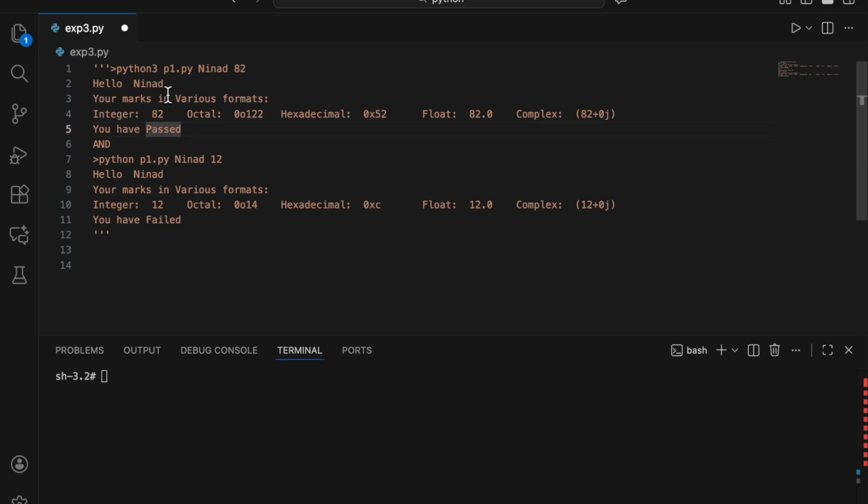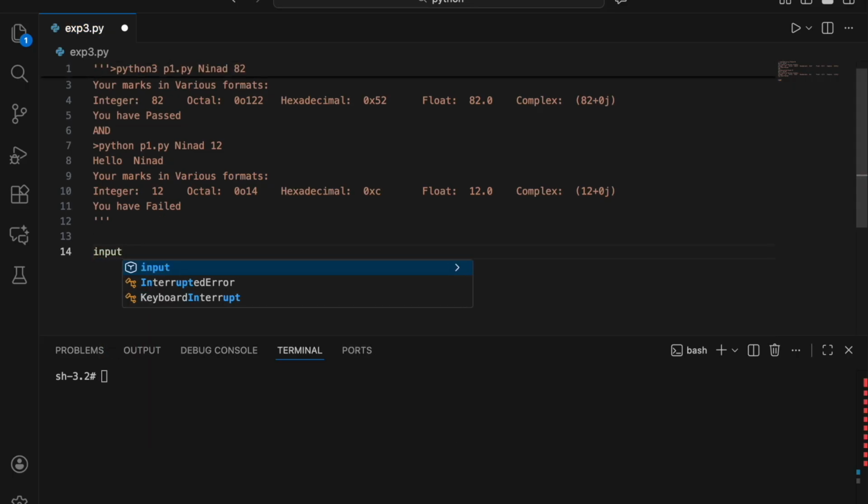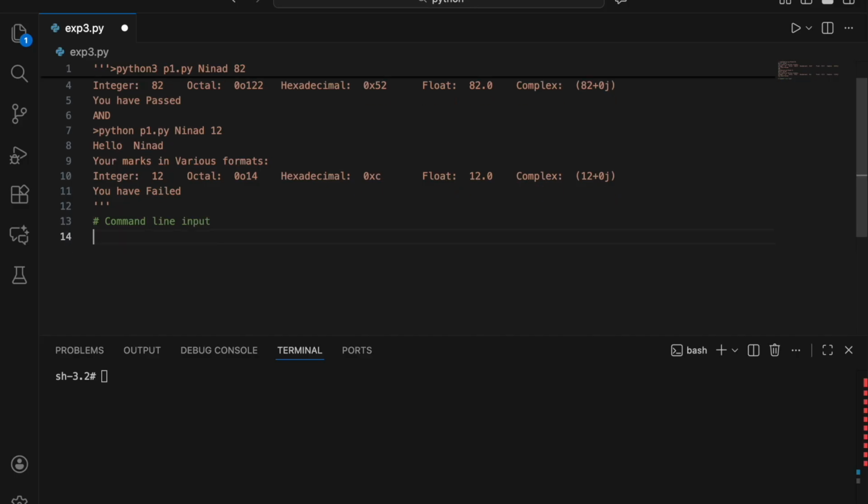But there's a catch over here. Since I said it's from the command line, the input that we get is from the command line. Previously, we used the input function. Now here we are not going to use this input function. What we are going to do is take command line input. What do I mean by that? When I run my program, that is